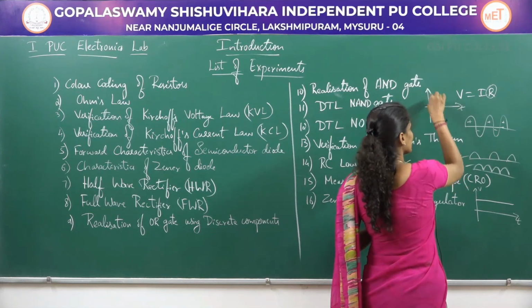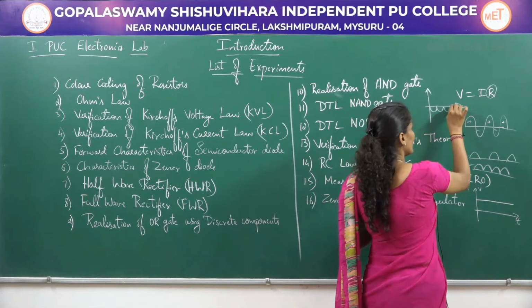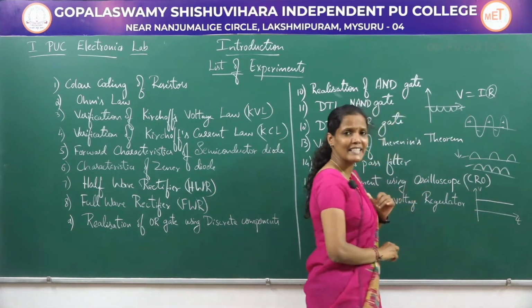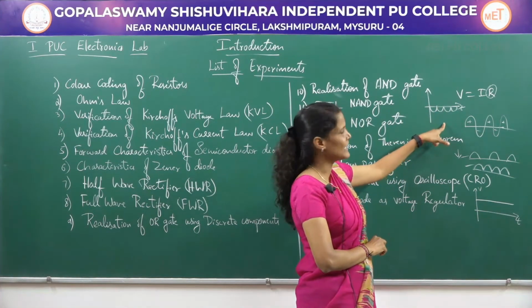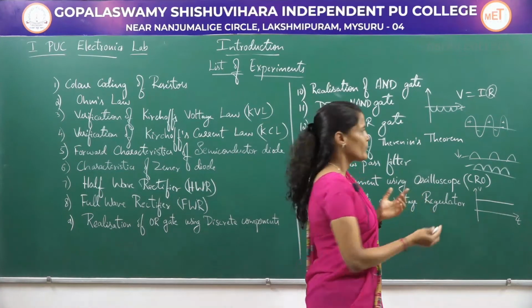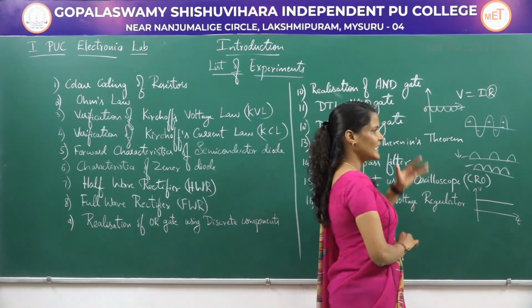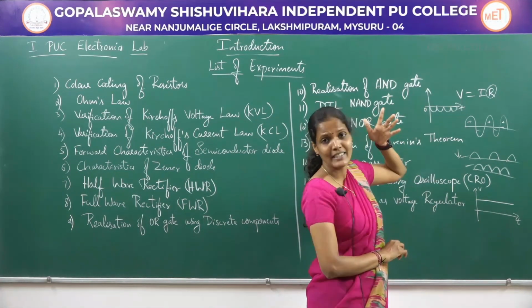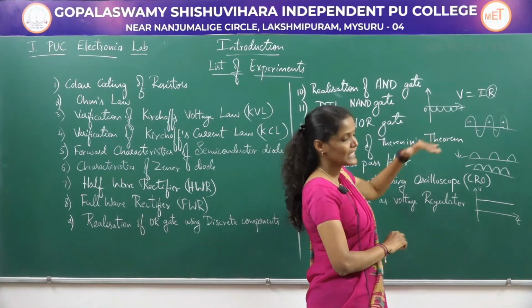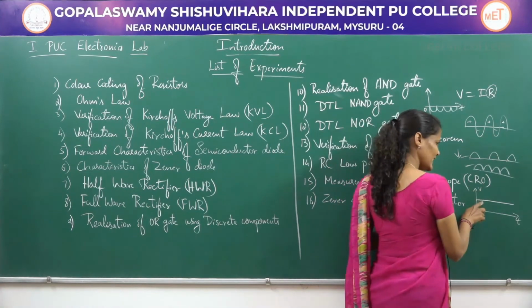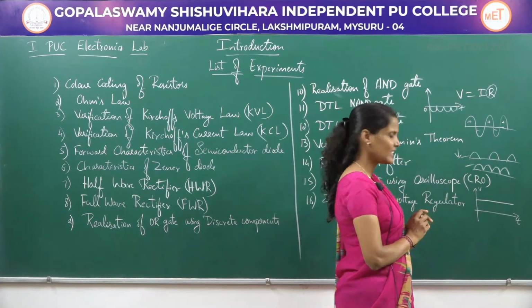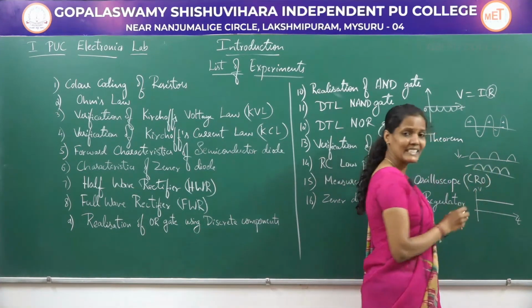This is the time period, this is the voltage. If I write the waveform like this, then this is also a DC signal, but it is called a pulsating DC signal, which is not having a negative value, because this is the zero axis line. Above the zero axis line, the values will be positive. Below the zero axis line, the values will be negative.